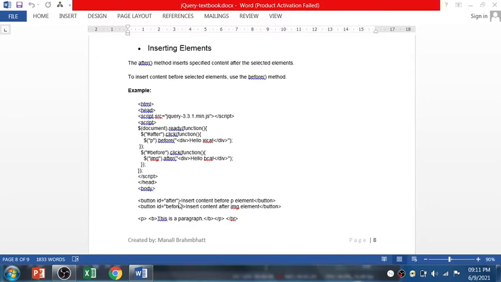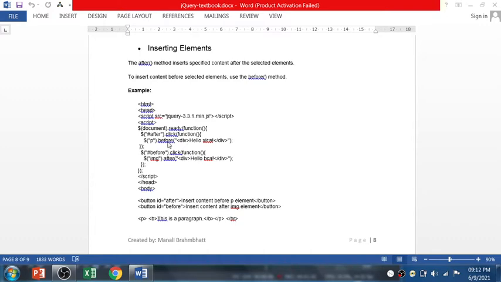So this is the button ID. So you want to point to this button, right? So $ after click, if this button is clicked, you want to add a paragraph, so $ p, so $ paragraph, so this is the paragraph, and dot before. Dot before is what? It's the before function.